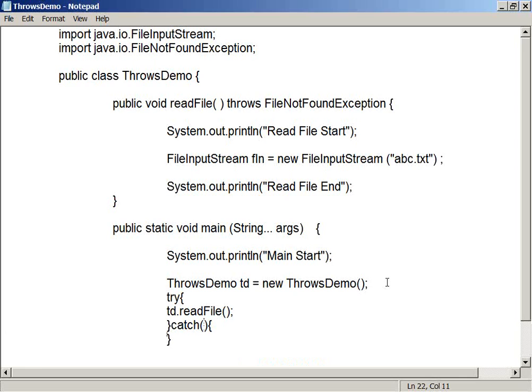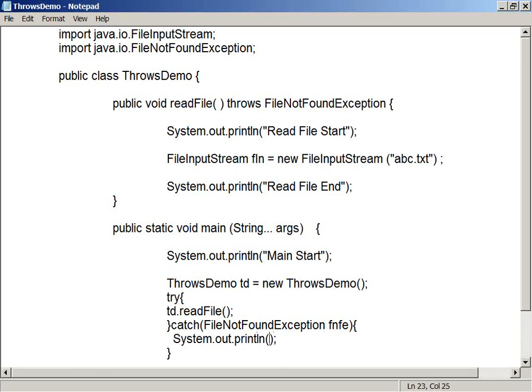What is it? The problem is FileNotFoundException, FE. System.out.println. So your compiler will compile this time. Why? Because you are handling it. Technically there is no file yet, but the compiler is not checking whether the file is there or not.